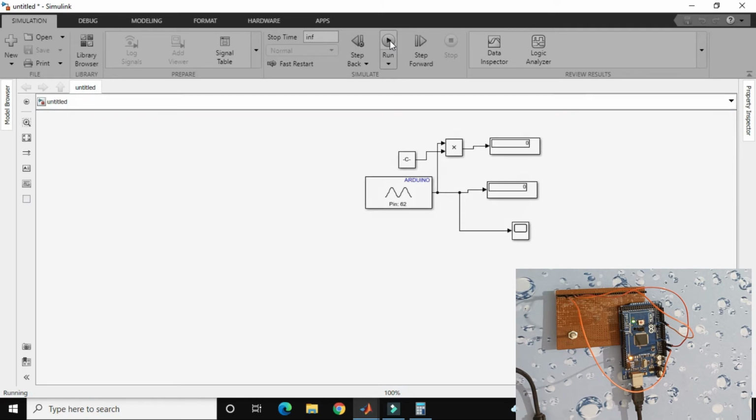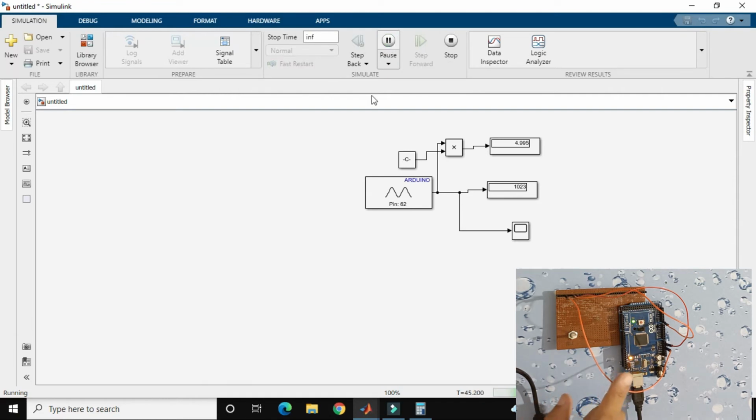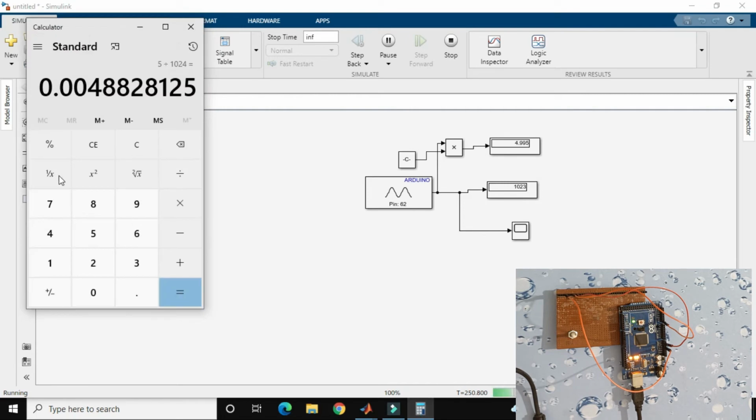Right now it is connected to the 5 volt, so I got a maximum value of 4.995 and the raw value is 1023. So in the formula you have to use this maximum value, 4.995 divided by 1023, for the calculation.